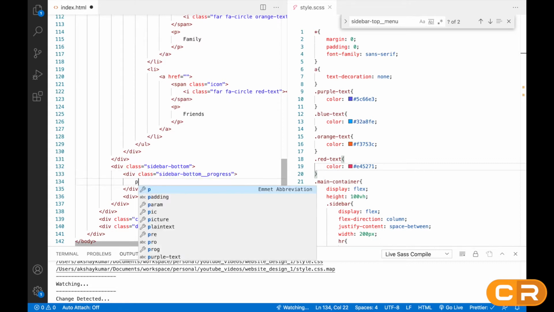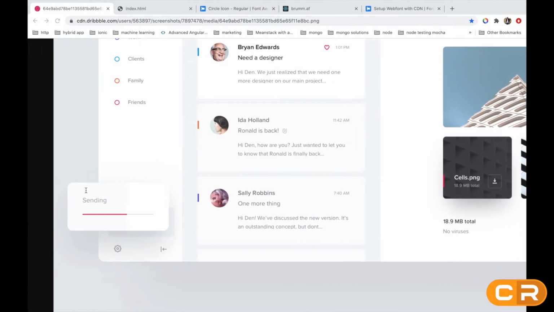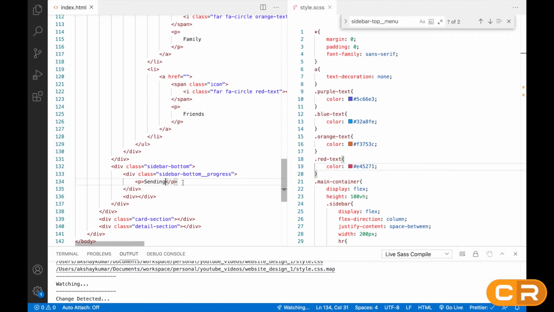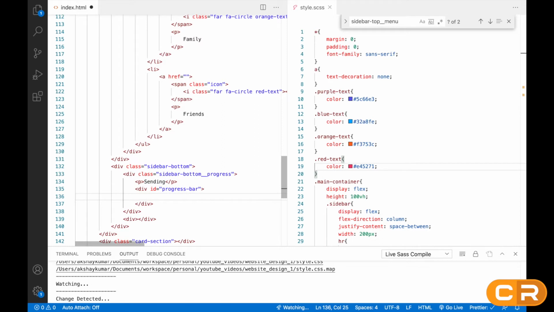Inside we'll create one p tag and we'll write sending. We'll just copy this one only. Then we have to create this progress bar. After this p, we have to create one more div. We'll give the ID progress bar. Inside here we'll create an empty div.